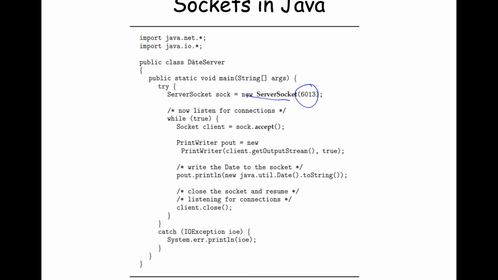So the process that runs this main entry point is going to be associated with this port so that the system knows how to identify the server process in order to deliver messages and to know where those messages came from. So it sits in a tight loop. So here's our while block. And it says, okay, on this server socket, this welcome mat, as it were, it's going to accept an incoming connection. And for each incoming connection, it creates this client socket, and it's going to use the client socket to